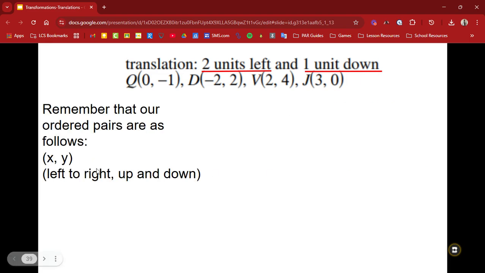So on our coordinates, on our ordered pairs, the X